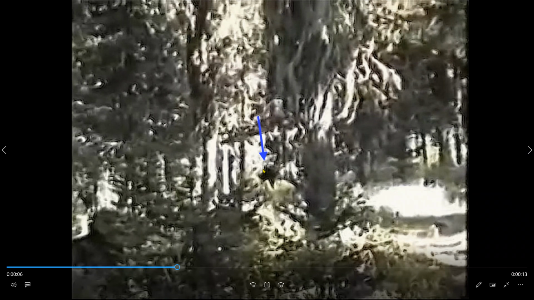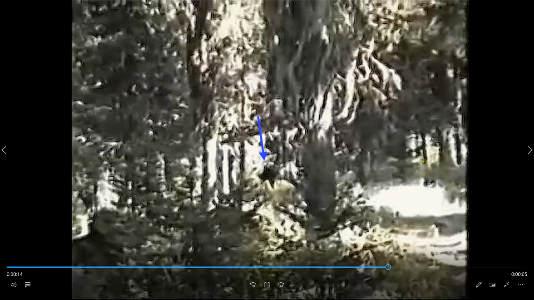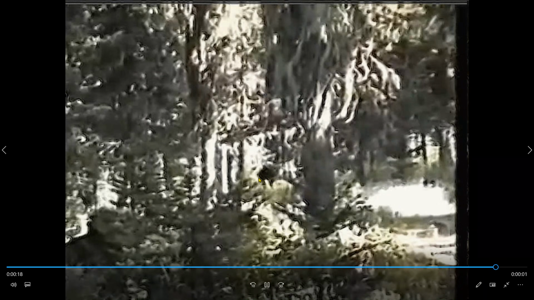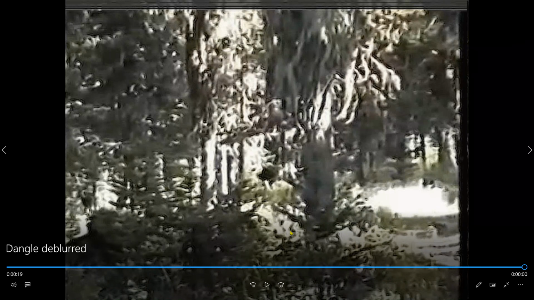You'll see the head pop up above her shoulder right there. This is her left arm. You can see the little fella or little guy, gal. Let's do it again.